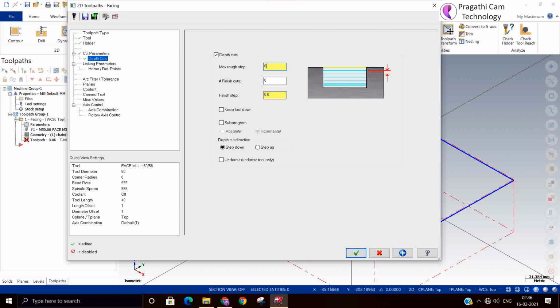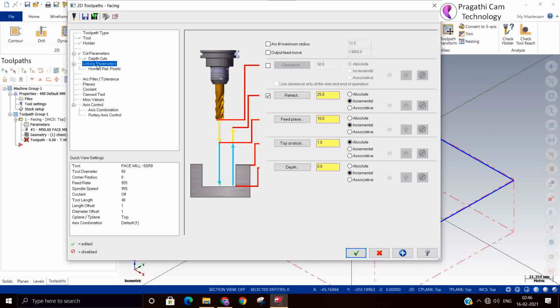Now I have given a depth of 0.5, and I also gave a finish. So 0.5 means it should cut in passes: the first pass it cuts 0.5, the second pass it will machine 0.3, and the finish pass it will machine 0.2. Like this, it will take three passes.